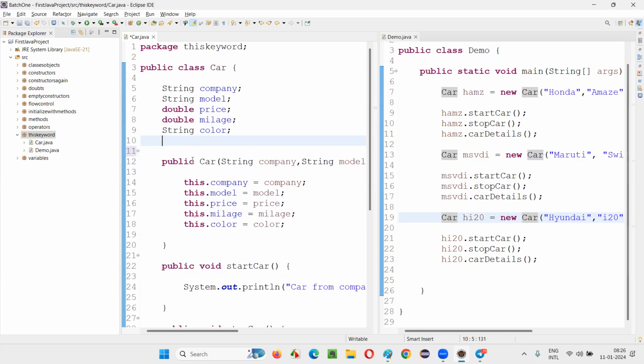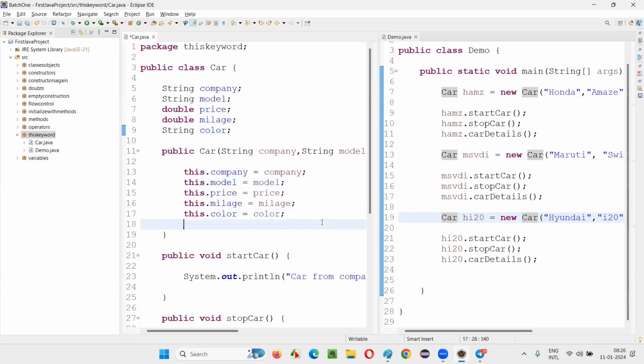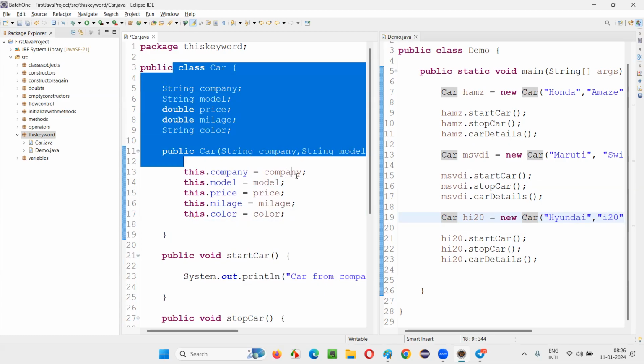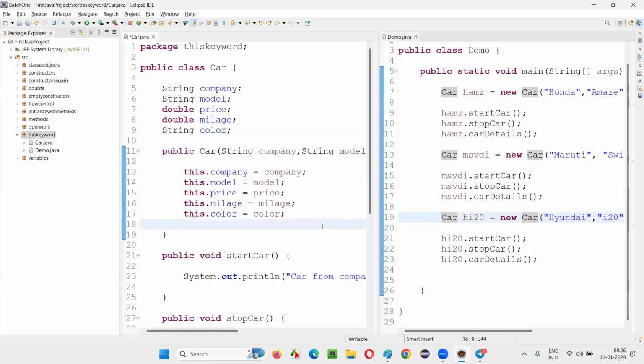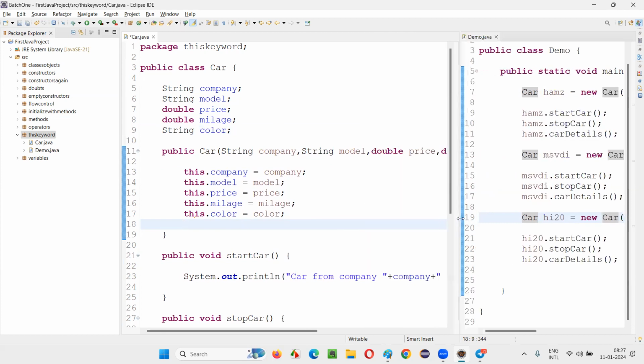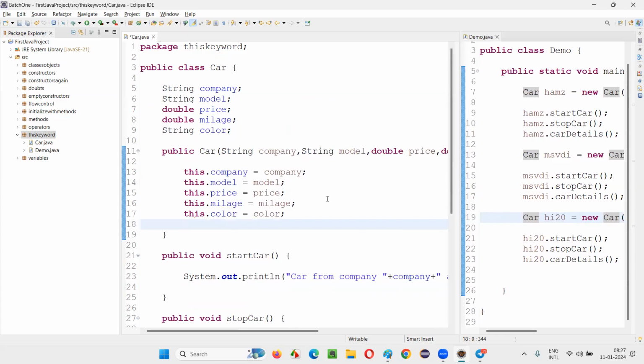No, sir, I got it. I'm saying, is there any rule that we should give this space? There is no direct rule, but if you practice the way you are giving spaces like this, it will be good. Yeah, you guys have to practice. Everyone can write in their own way.